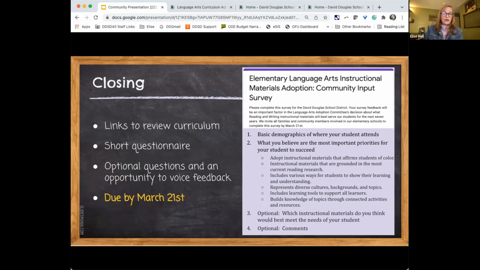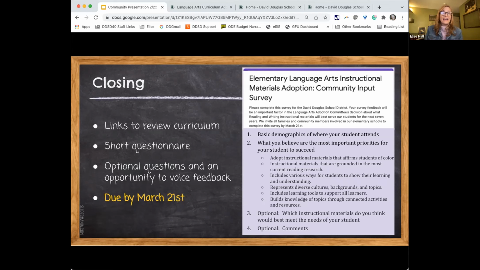Currently, we see that both elementary curriculum offer a lot of hands-on materials for students. What you'll see in the demo accounts is online materials, but there are definitely word cards and letter cards. I've seen some whiteboards. I've seen a lot of small books for students to have in their hands and to work with, and then different books for them to be writing in. So I'm seeing a balance between materials for students to work with in class and not be only on screen. I hope that answers your question.